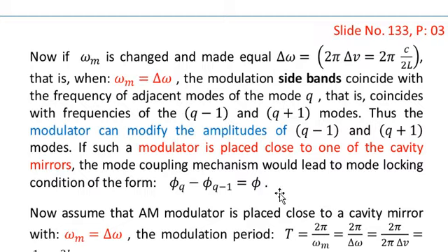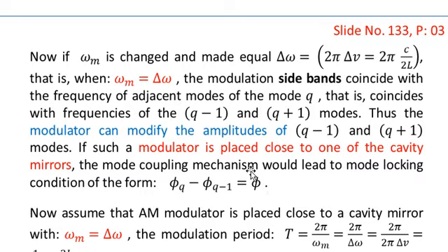This is the mode locking condition that we have also discussed in slide number 132, the previous slide. But you see how this phi q minus 1 will come. We have the phi q and we have to subtract phi q minus 1 so that the difference becomes equal to phi. Similarly, if we have phi q and we add phi q plus 1, then again we would have the same phase,